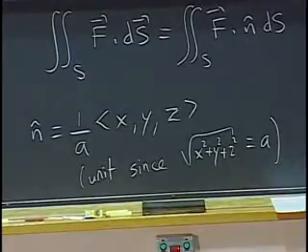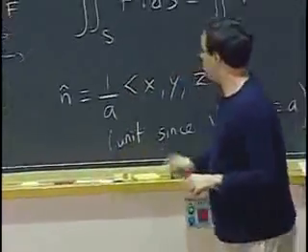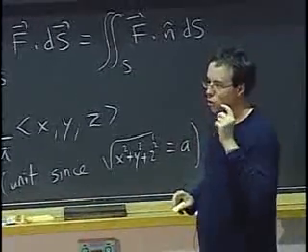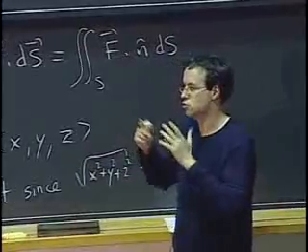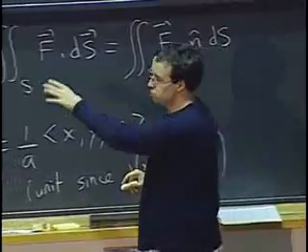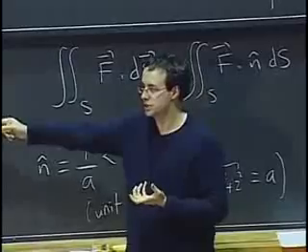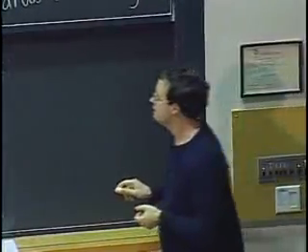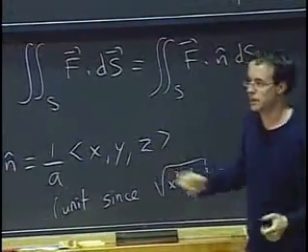Yes? I could have put rho, but I want to emphasize the fact that here it's going to be a constant. Rho has this connotation of being a variable that I will need to maybe integrate over or do something with. It would be correct to put rho, but later I will want to replace it by its actual value, which is a number, A. It's not going to change from point to point. For example, if this was the unit sphere, I would just put x, y, z. I wouldn't divide by anything.